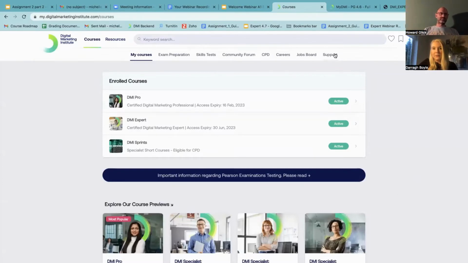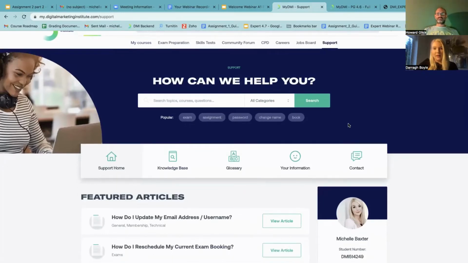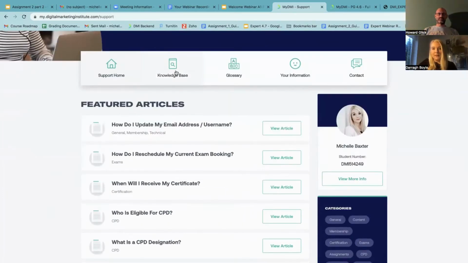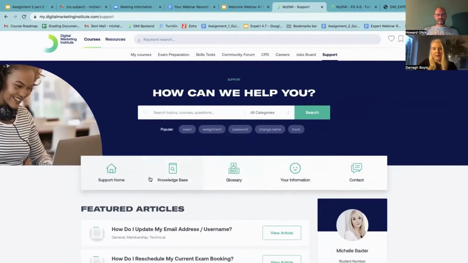In here, you can come and chat to us at any point. This support tab here, you have instant access to myself and my colleague Dara, who always get back to you as quick as possible. Any questions, just pop us a ticket. Here, you've also got a little knowledge base of all the things you might need to know. You can flip through all of those there, and all the questions that may have been asked previously. So that's all some valuable tips there on how to navigate through the course. So we'll just go back through the slides now, and I'll start going through a little overview of how the assignment should look.